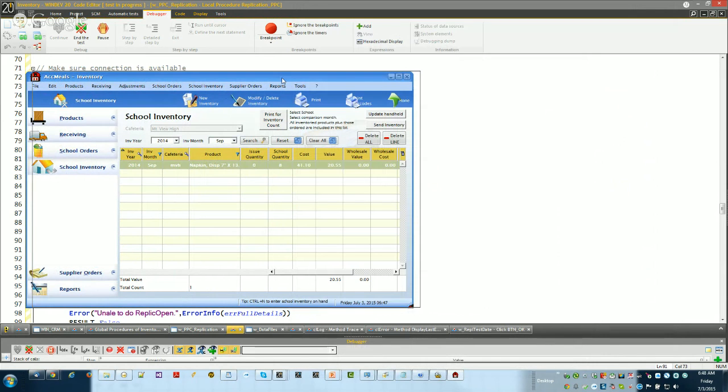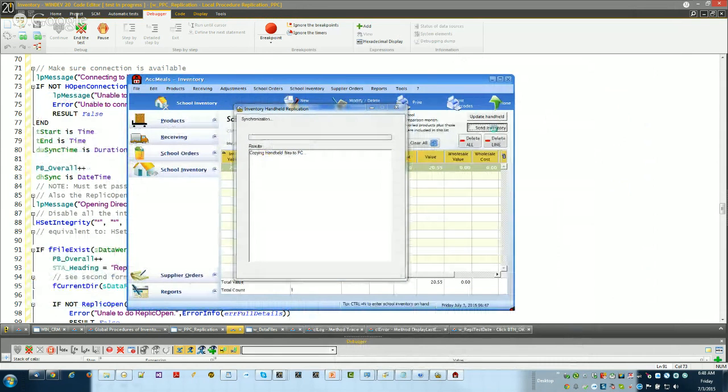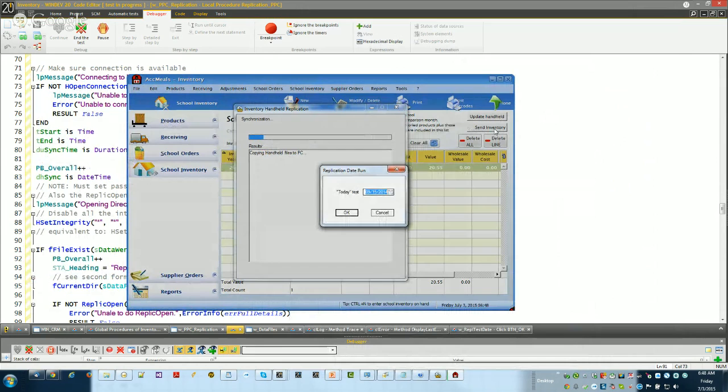And now we're ready to do the synchronization. Now it's copying the files. Oh, this is part of my test. In order to test this, I had to be able to set the dates to not today, because